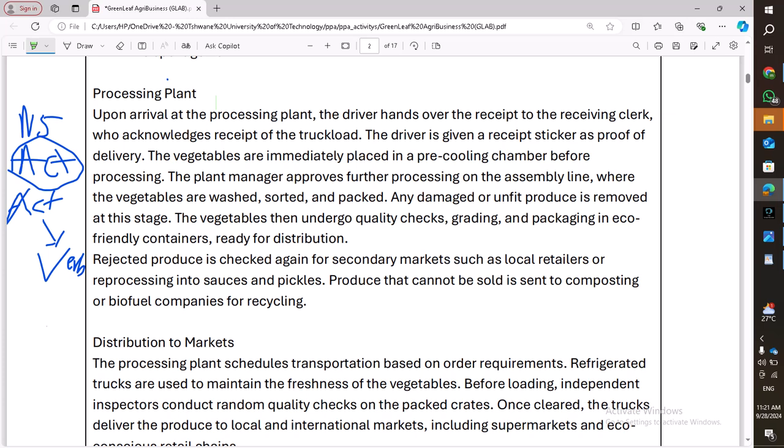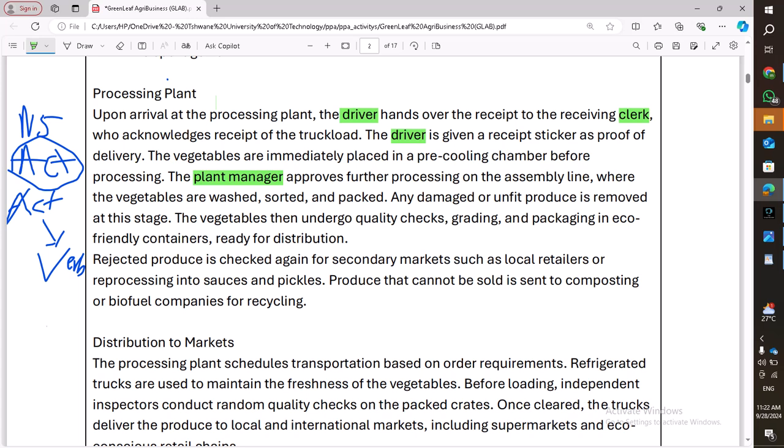The driver, this is the person, this is a driver. Upon the arrival at the plant, the driver hands the receipts to the receiving clerk. This is another person, the clerk, who acknowledges the receipt of the truckload. The driver is given the receipt sticker as proof of the delivery. The vegetables are immediately placed in the pre-cooling chamber before processing. The plant manager provides